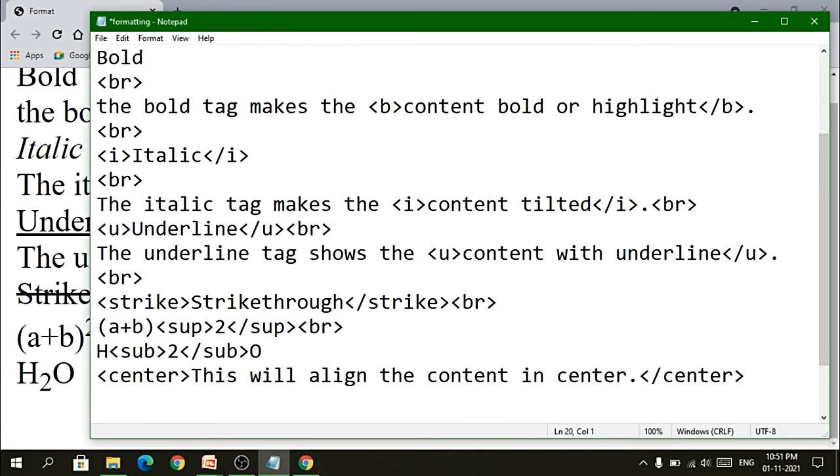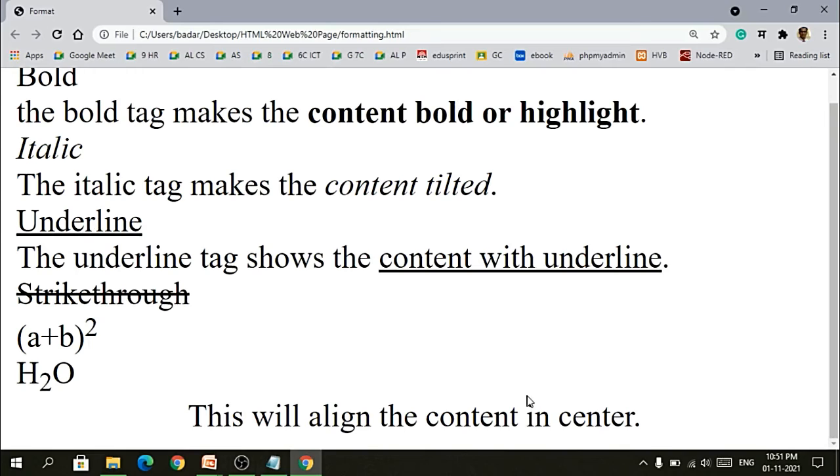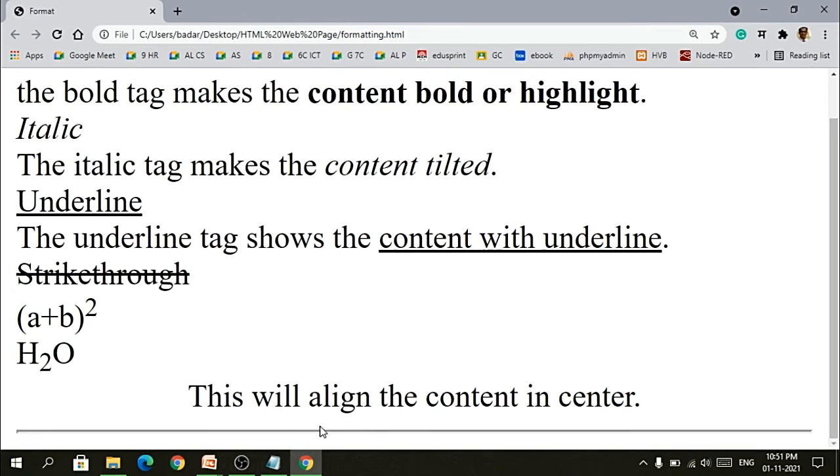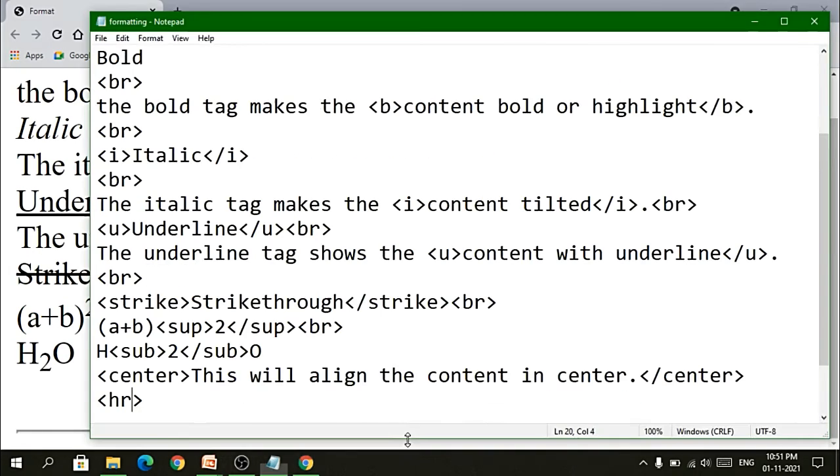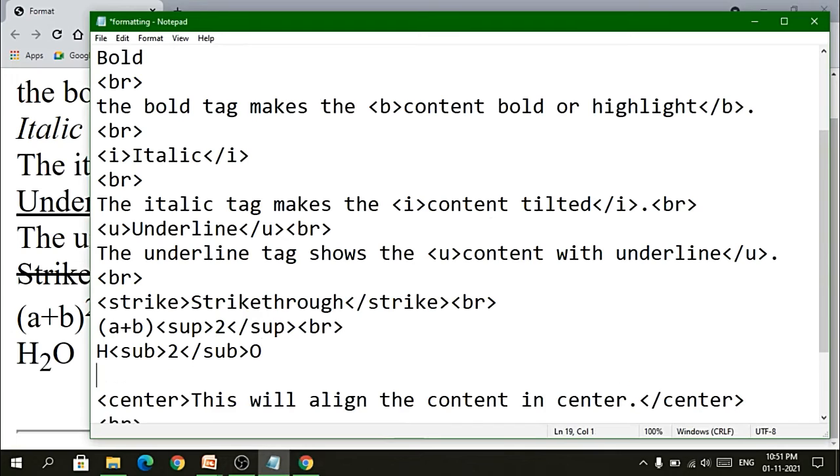Then the last tag is the HR tag. HR tag is used for a break, horizontal ruler or horizontal line coming on your screen. So I will just place HR and I will show you what exactly will be the output. So here you can see there is no line at the bottom. So when I will refresh it, okay, here you can see a line coming. Same way I will do something on top of it. So here you can see what exactly it will look like.